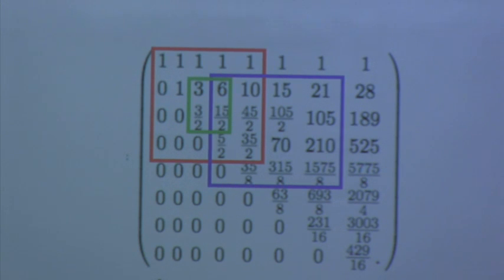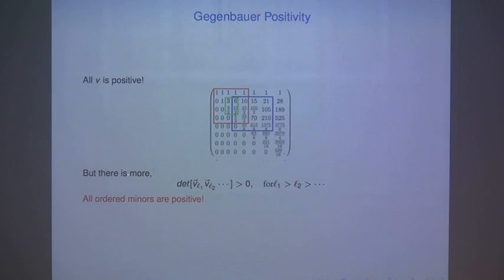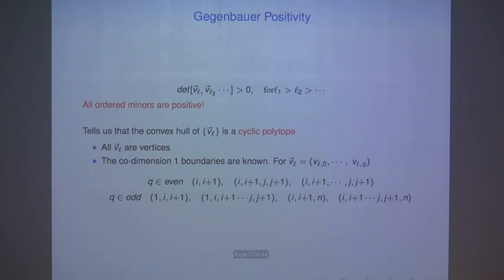And this positivity is extremely non-trivial because, of course, when you're taking any determinant, you're taking the plus and minus of various terms, and somehow the plus and minus always add up to a positive number. So, in other words, the minors of the Gegenbauer vectors are always positive so long as you order the spins. This immediately tells us that our problem is actually solved. There's nothing to solve. When all of the vectors have positive ordered minors, that means the convex hull of these vectors forms what is called a cyclic polytope.